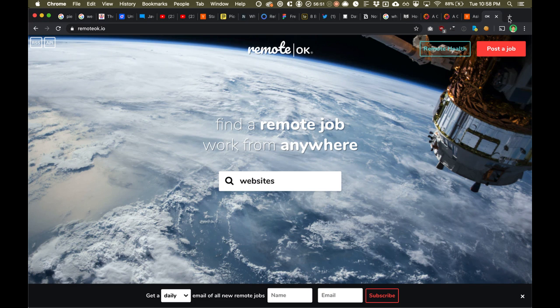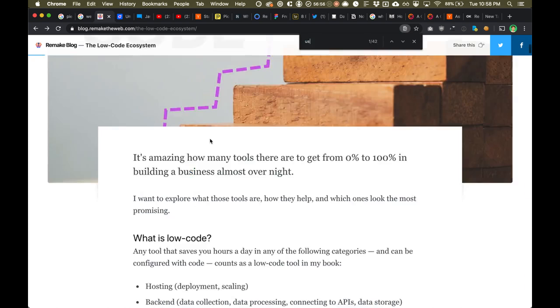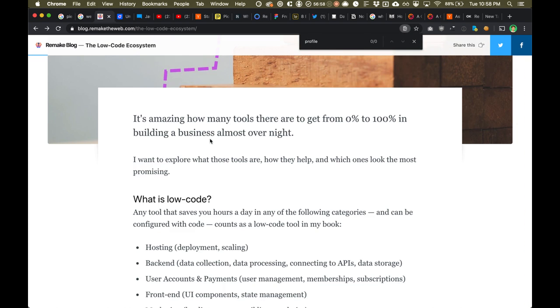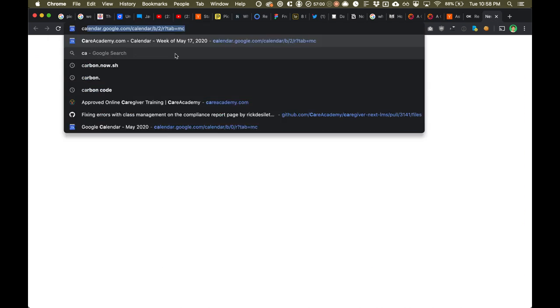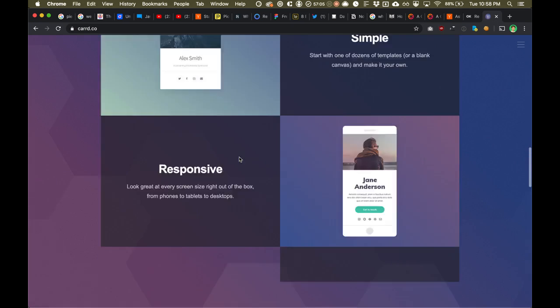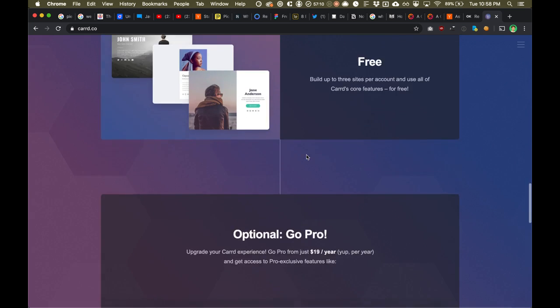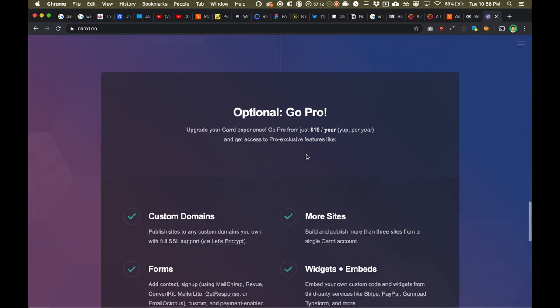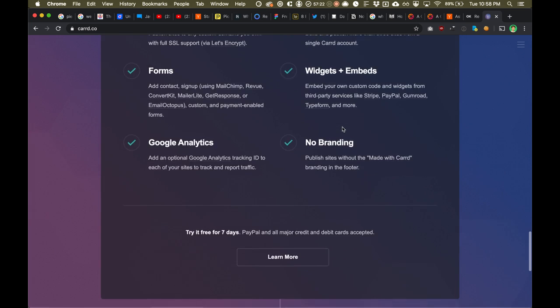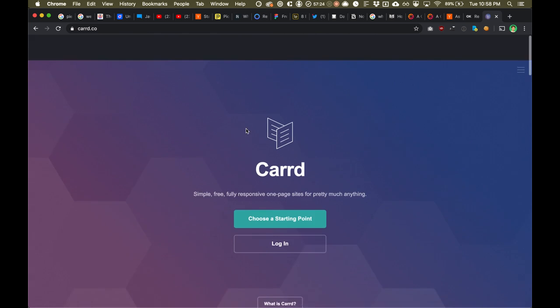Use something like, I forget what that user profile one was. I think it was profile. I don't have it on my list. But anyways, there's another one called Card, and if you go to card with 2rs.co, you can build a really simple website here, like a really nice portfolio website. You can put a few of your projects up here. This is super inexpensive, $19 a year. So $19 a year, that's like $2 a month or whatever. You're going to be able to get everything you need out of the box with this.